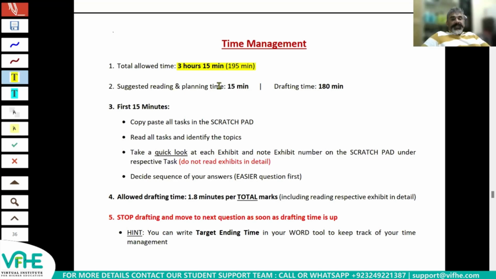So what I suggest is that reading and planning time should be 15 minutes and the remaining time should be for drafting. In my experience of the last 4 pre-seen papers, you need a maximum of 10 minutes to quickly go through the exhibits and the requirements, but let's say 15 minutes. So in the first 15 minutes,